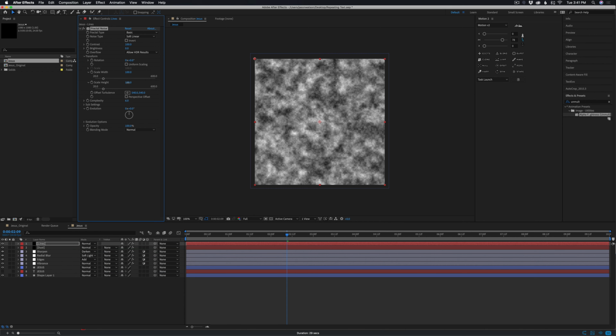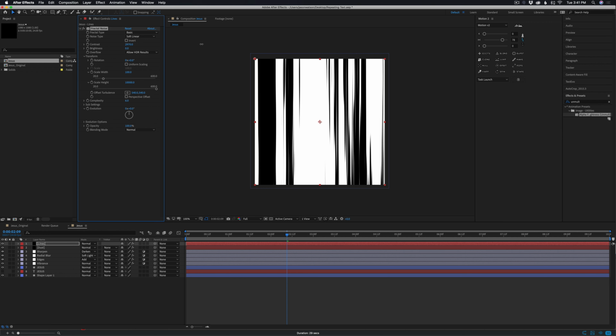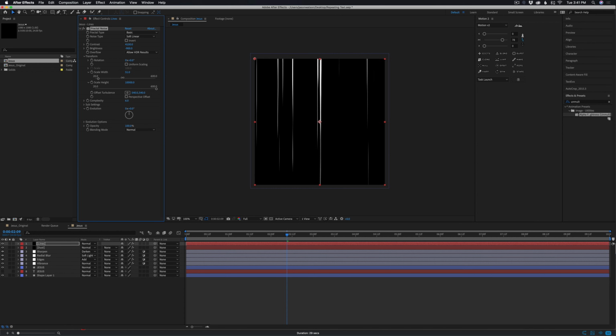So now what I want to do is just scale the height up as much as it can go. And then I really want to bump up the contrast, really lower the brightness. So I'm just trying to get as many of these lines as I can. And then I'm just going to pull the width, kind of like that. And I really want to just get a ton of contrast going on here. I might turn up